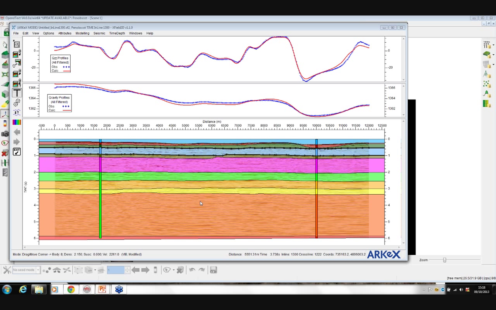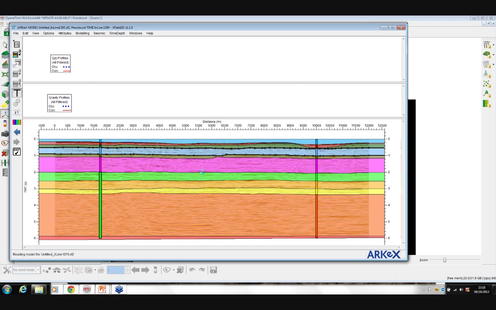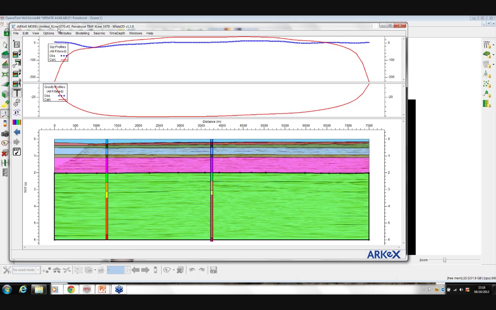Now what's useful about this is that you can quickly build multiple models in an area, especially where you have intersecting points. What you can also do is jump into another model. So if I hold down the Control key on my keyboard and click within this intersecting model, I discard the changes I've just made now, and it will actually jump me into that model. So if you look in the top hand corner now, you can see that I'm in the model for crossline 1070. But if I hover over my markers, you can see that this model intersects with inline 1300 and inline